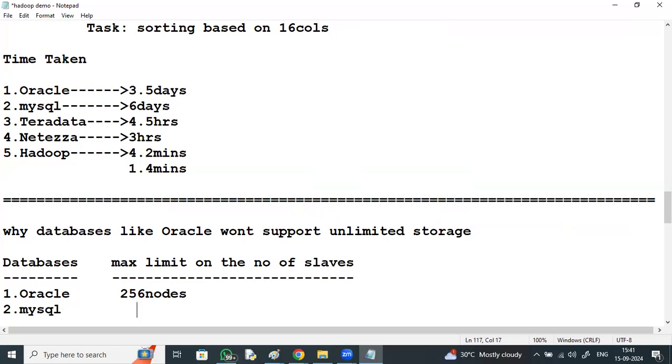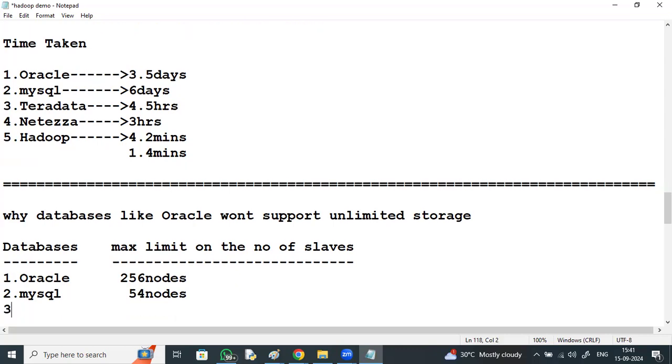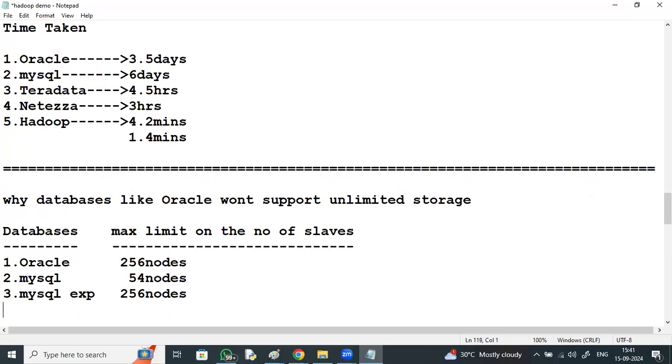For MySQL, 54 nodes. MySQL Express gets nearly 256 nodes. SQL Server, 256 nodes.